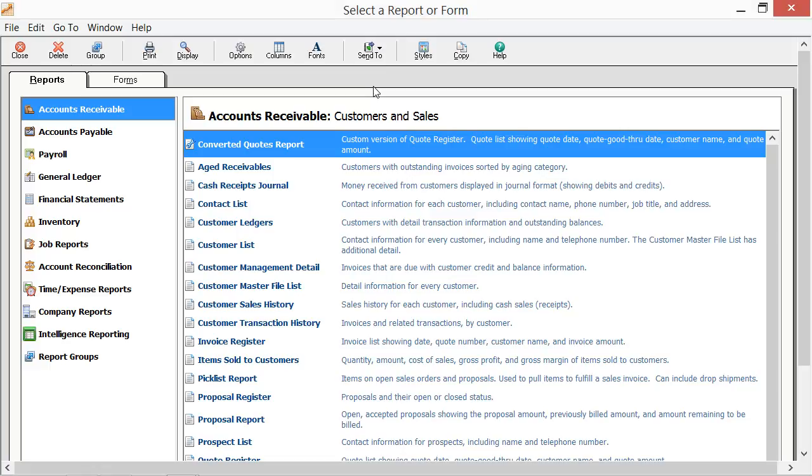You can also modify the templates of the printed forms used by the task windows in Sage 50, or you can create your own. All of the printed forms, including invoices, payroll checks, and mailing labels, can be modified to fit your needs. In order to modify one of the printed form templates, first open the Select a Report or